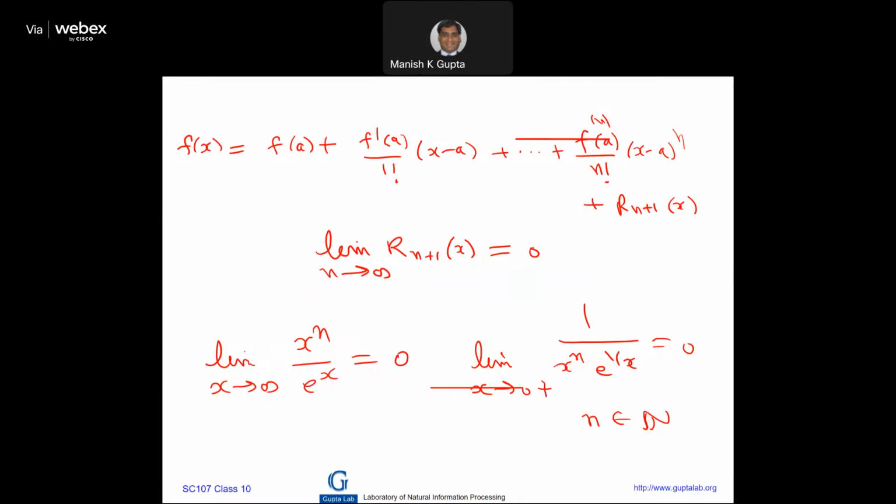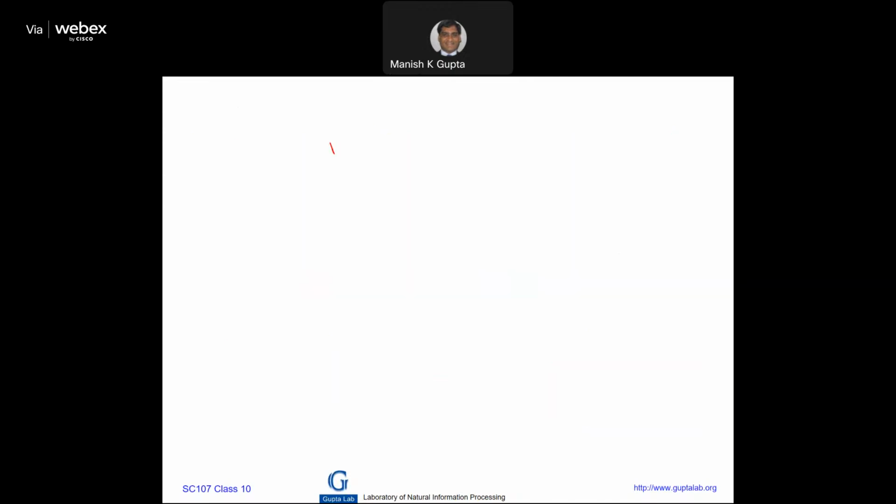So I think a specific case is, suppose the function g of x is equal to e raised to power minus 1 by x when x is positive, and suppose at 0 it is 0. And if I ask you to compute g dash of 0,